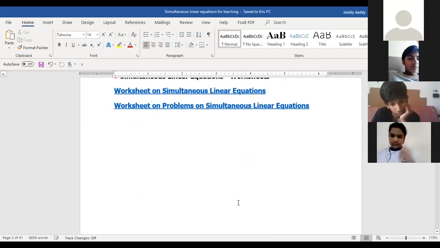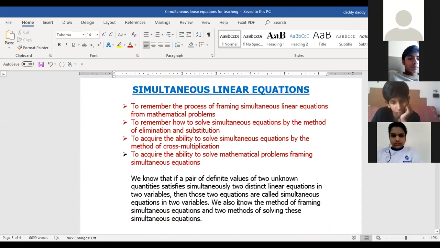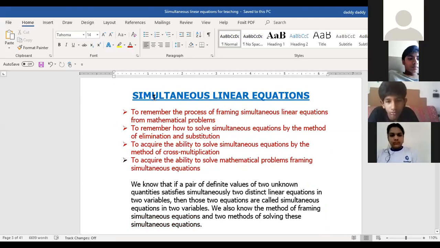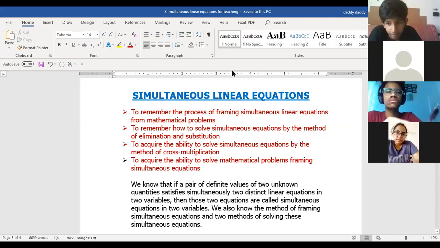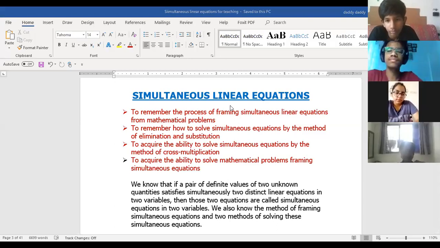Okay, now let's understand what are simultaneous linear equations. Simultaneous means side by side. I'm going to solve equation. So when we deal only with one equation, we say we are going to solve this one equation. But when we are going to solve two equations side by side, taking help of each other, it is called simultaneous linear equation. So that means in simultaneous linear equation, you will be dealing with two equations at one time. In all the questions now, you will be dealing with two equations in one go.